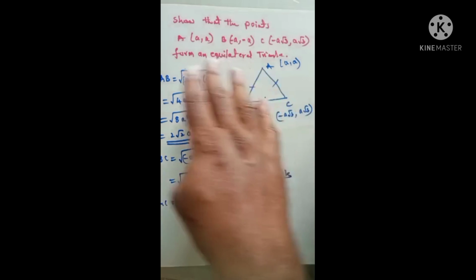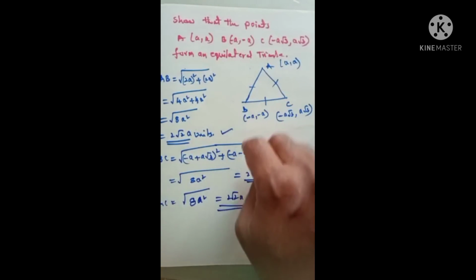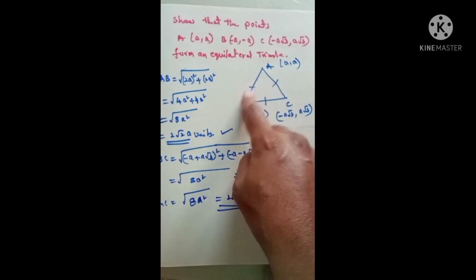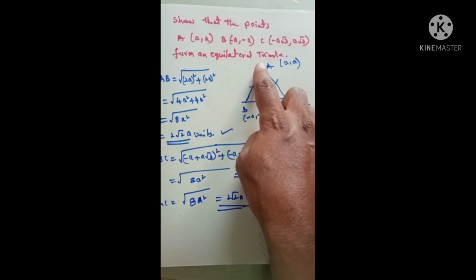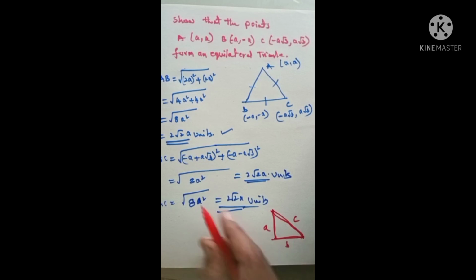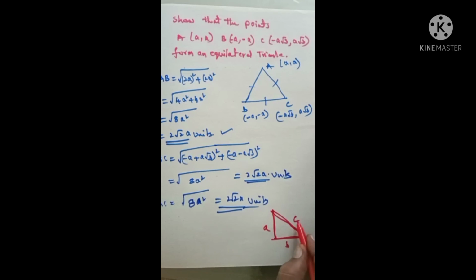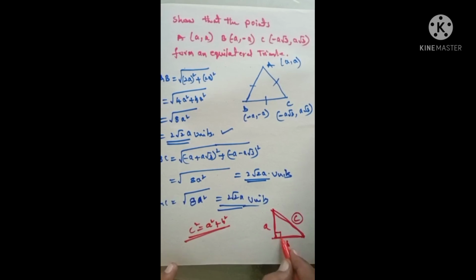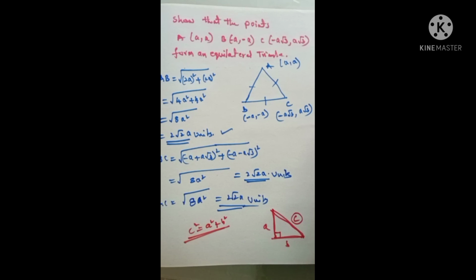So for example, if a question is given, prove that it is a right angle triangle, it means you find the three sides, and if it is a right angle triangle, it must satisfy the Pythagoras theorem. So the hypotenuse square should be... here I am drawing the right angle triangle. Say this is A and this is B and this is C. So C is the hypotenuse. Just find the three sides by using the distance formula. Just prove C square should be equal to what? A square plus B square. By that we can say that the given triangle is a right angle triangle.